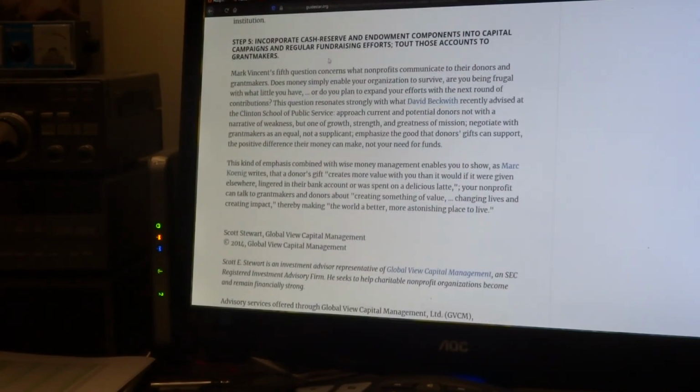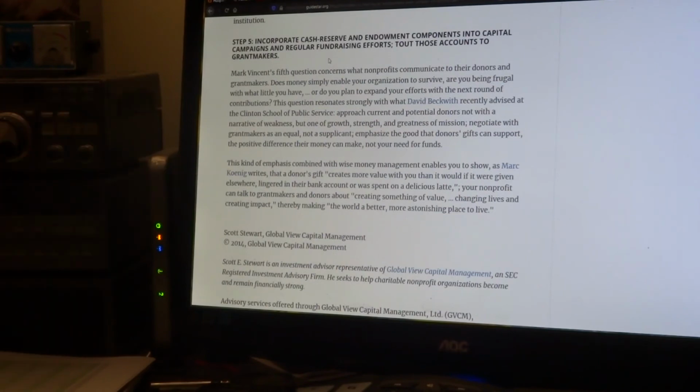Step 5, incorporate cash reserve and endowment components into capital campaigns and regular fundraising efforts. Tout those accounts to grant makers. Mark Vincent's 5th question concerns what nonprofits communicate to their donors and grant makers. Does money simply enable your organization to survive? Are you being frugal with what little you have, or do you plan to expand your efforts with the next round of contributions? This question resonates strongly with